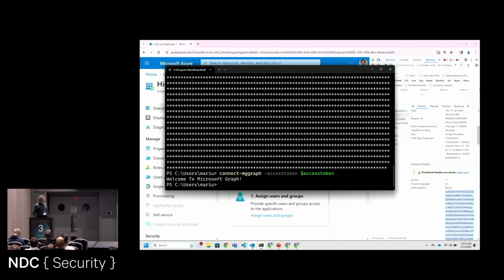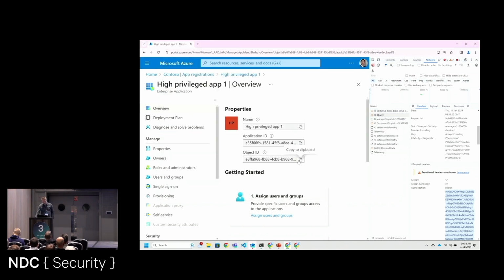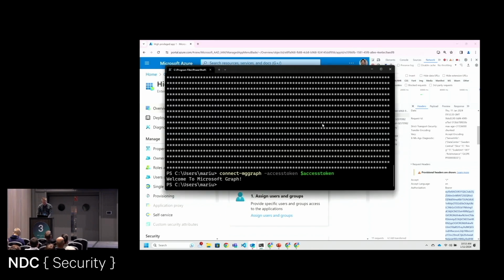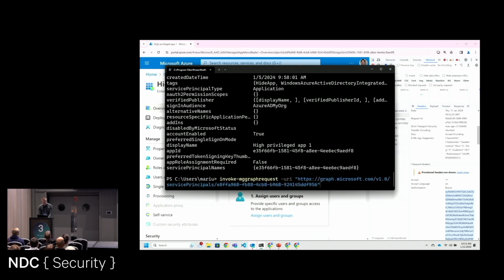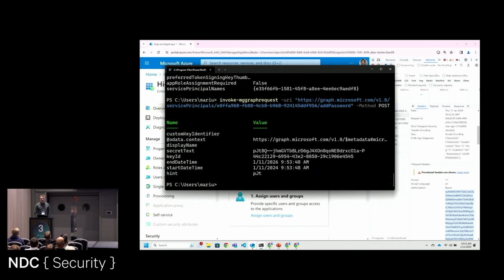There we go. So now we're connected to the Microsoft Graph, and by looking at Invoke-MgGraphRequest, I think we can do something. No, not that one. MgGraphRequest, URI, HTTPS. We're going to access the Microsoft Graph. We are going to access service principals, this one. So we find it. And if we type addPassword and do a POST, we've added a credential to the